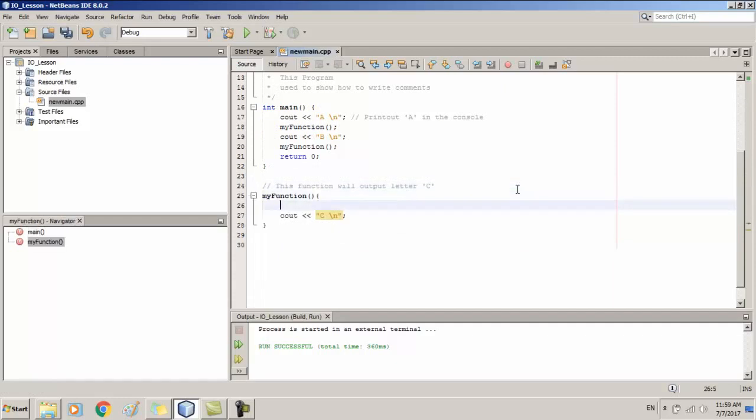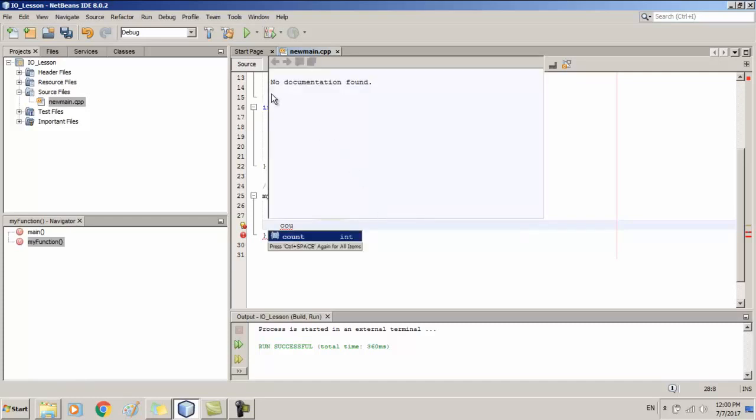For example, inside the my function, I am going to create a new int variable count with the initial value 0. And as the third line, I am trying to use this variable count. After pressing the three letters C, O, U, I am going to use the quick suggestion option of NetBeans.